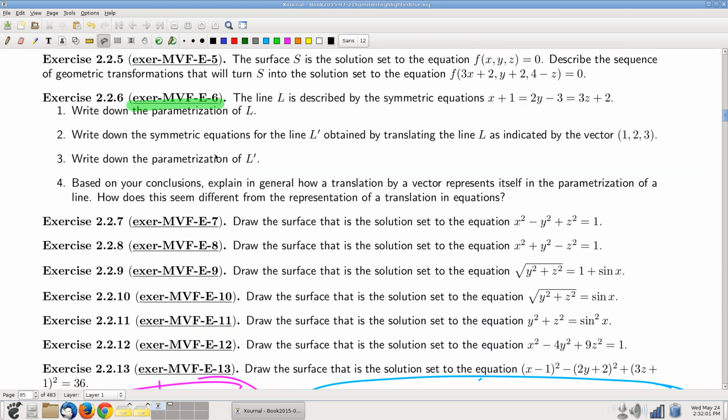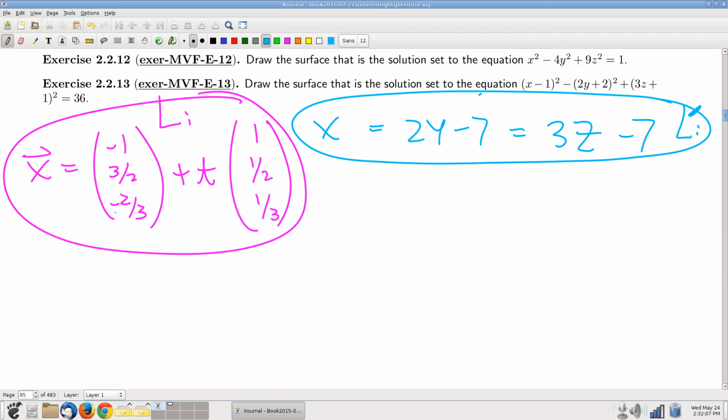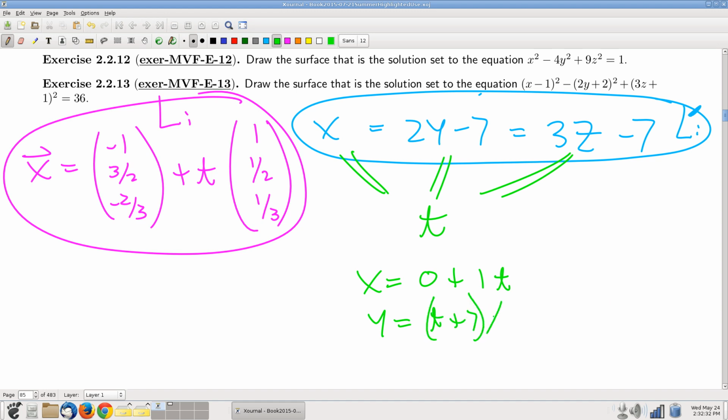Next. Okay, let's parameterize L prime. Same trick. This is just more details, but I've got to take this, set all three of these things equal to t, and solve, right? So x is 0 plus 1t. Y is (t plus 7) all over 2. Z is (t plus 7) all over 3, which I can rewrite as